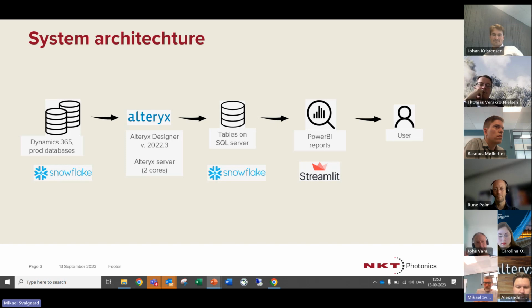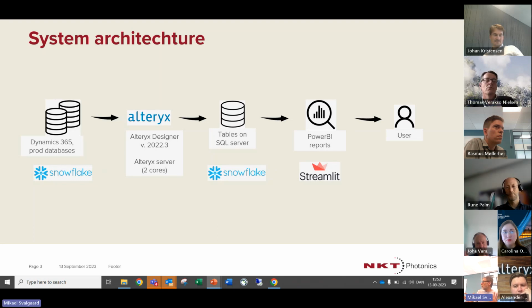But then when you schedule things on the Alteryx server, which is apparently another thing, you do that via the Alteryx web interface for controlling the server. You can upload your workflows to this server, and you can schedule them for running. This is running on physical hardware owned and operated by Alteryx, as far as I know. This is where we pay for these cores. Correct me if I'm wrong, Carolina and Alexander. And where this machine is located, how it's operating and so on, I have no idea. But that's the real scheduling.